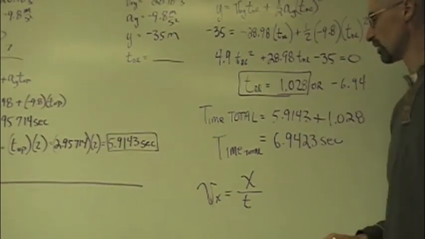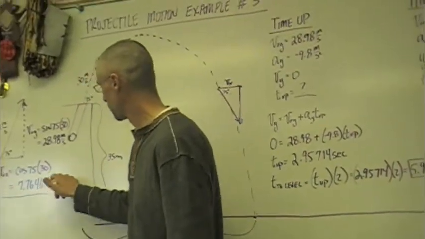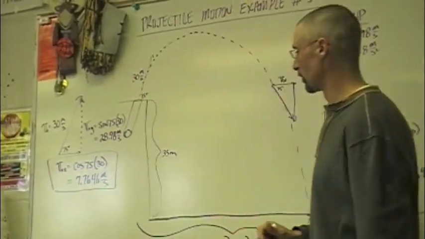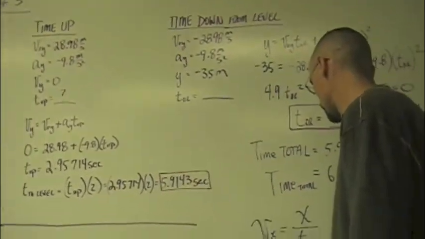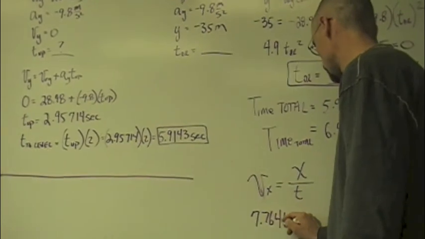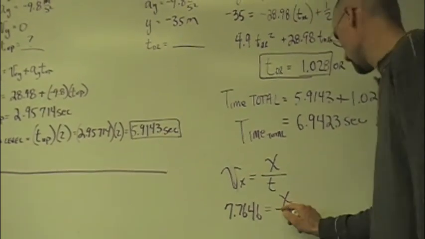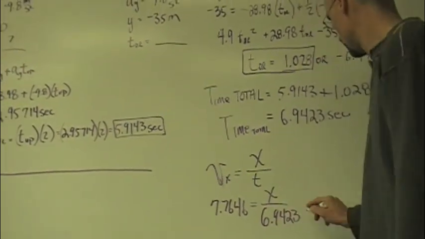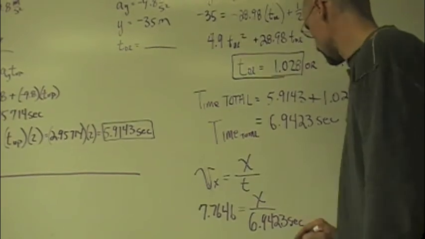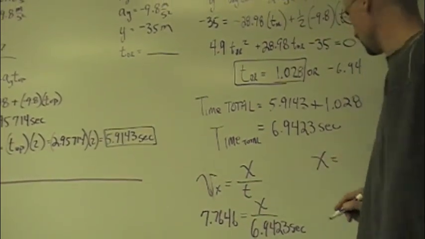And so if we look, do we know the velocity in the x back here? So we have 7.7646 equals x over t, which in this case is 6.9423 seconds. And then if we multiply both those, we get a distance traveled of,